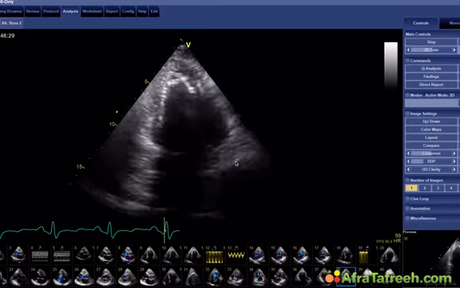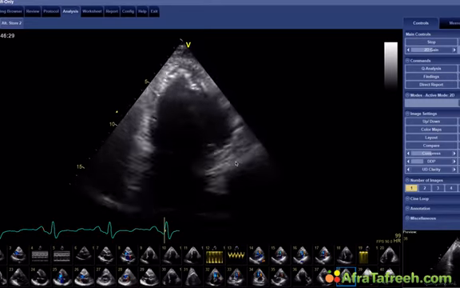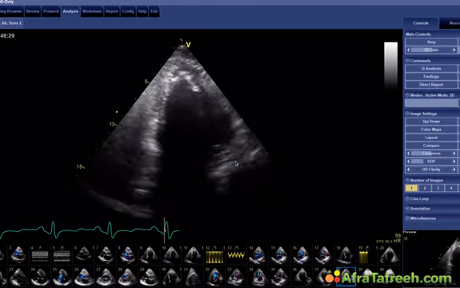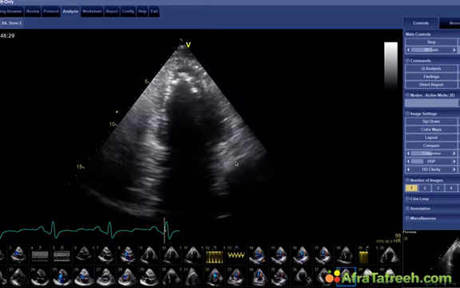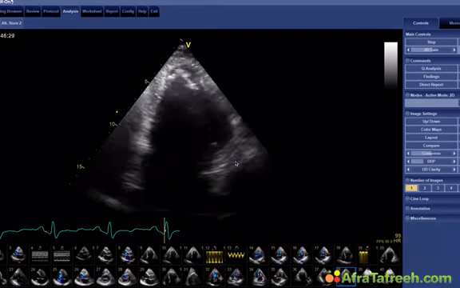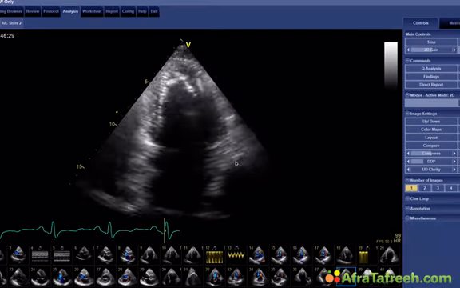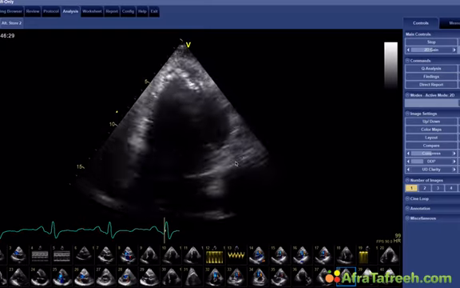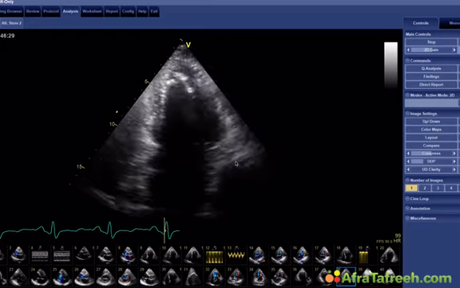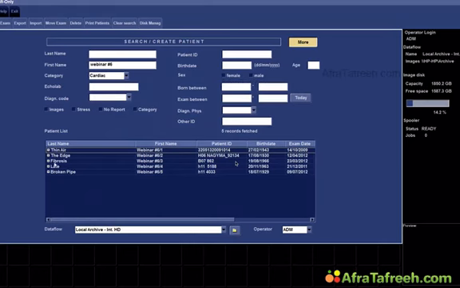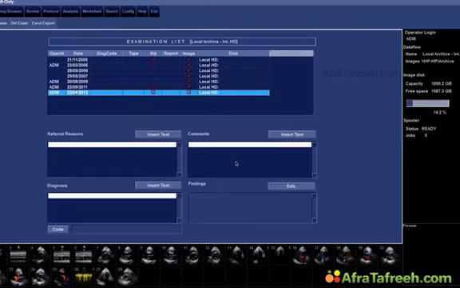He had no major problems, and he was on the ward, but he somehow did not really improve the way we expected him to improve. So what happened was that I brought him down again to the lab to take another look at his mitral valve, and I will show you the mitral valve now